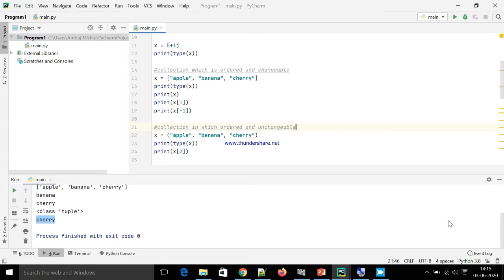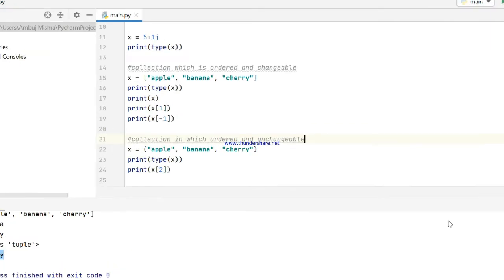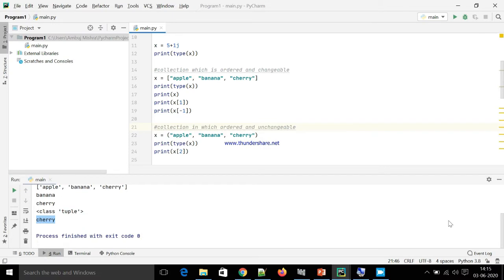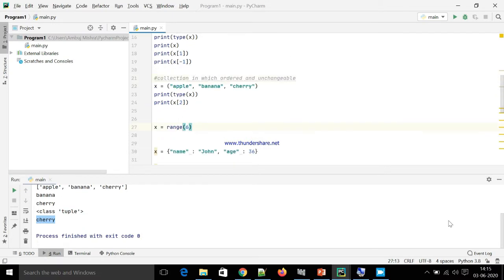And how to identify whether the variable is a list or tuple? Then you can simply have a look over here. If that is a list, there will be square brackets for the list identification and round brackets for the tuple identification.